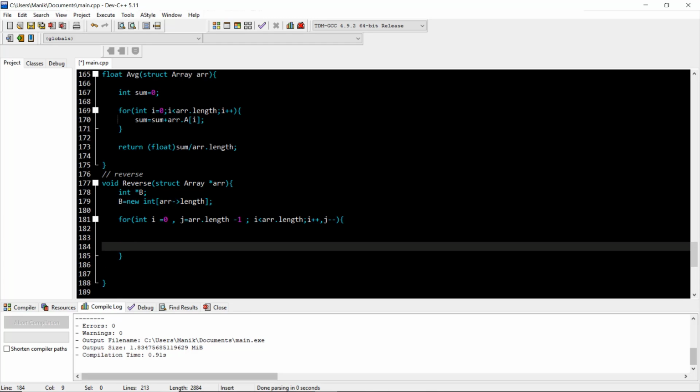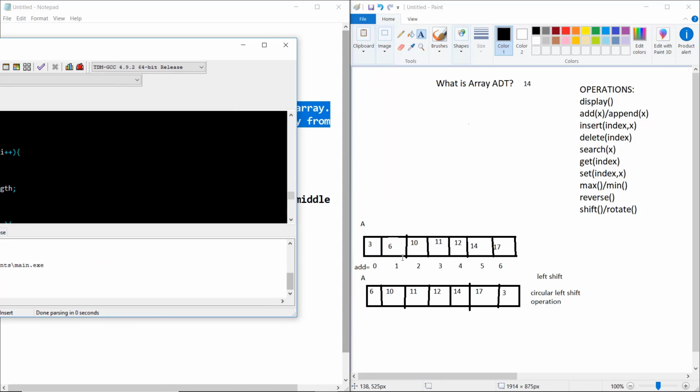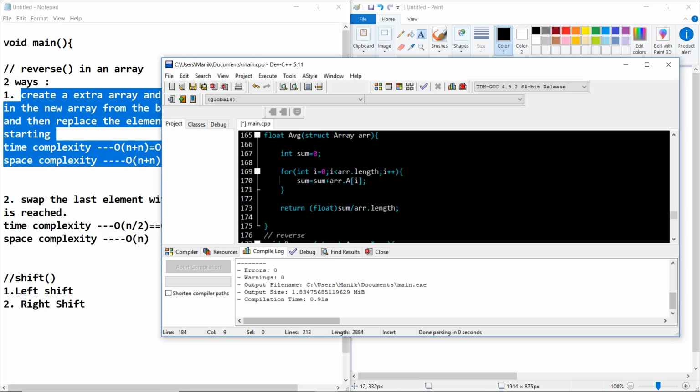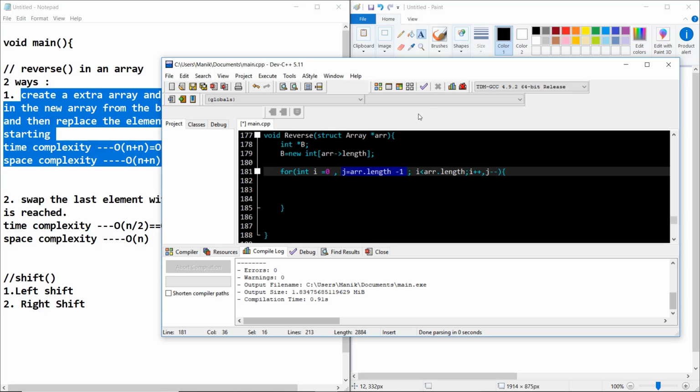How? So I just show you this thing, that we are just trying to store one array in another array. We are just trying to store the backward elements. That is why we had defined this j is equal to the last element.